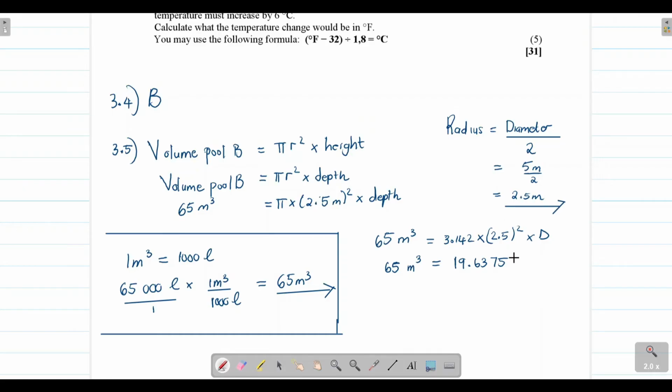And remember, we're going to have our units as meters squared because the meters are squared, times the d, which is your unknown. If you divide both sides by 19.6375 meters squared, you'll get that your depth is equal to 65 divided by 19.6375, and that is